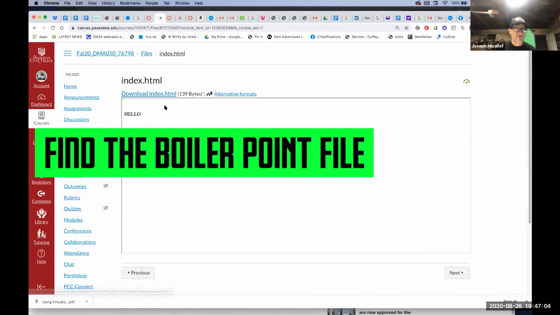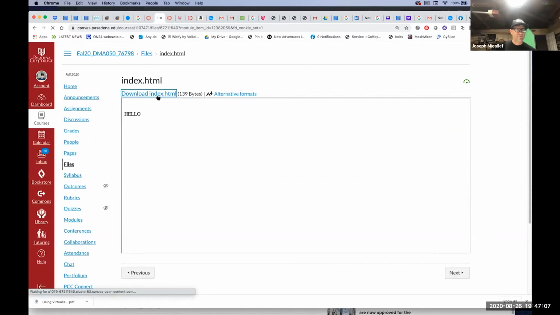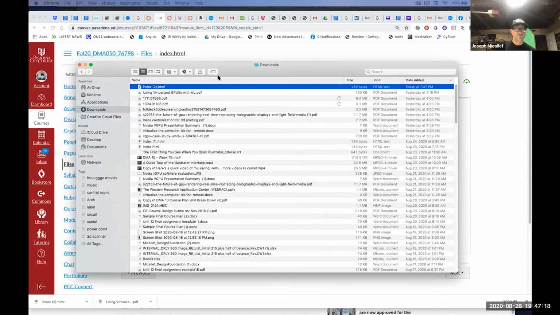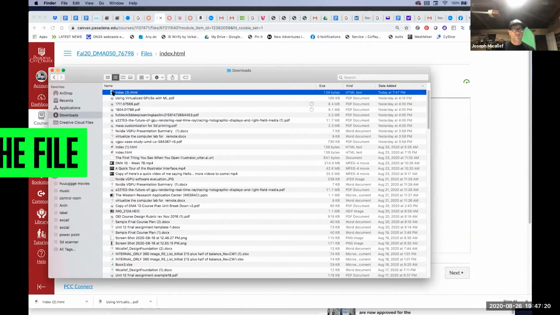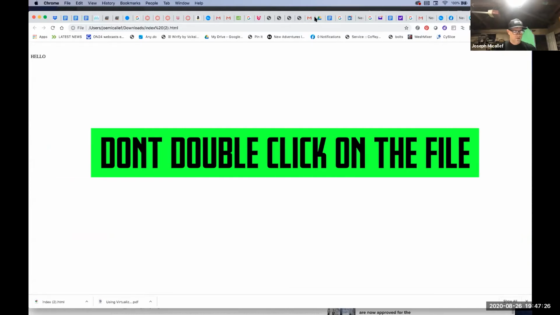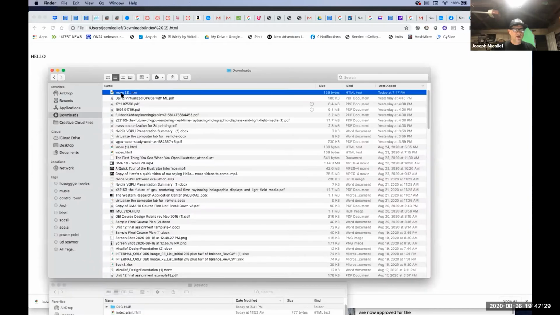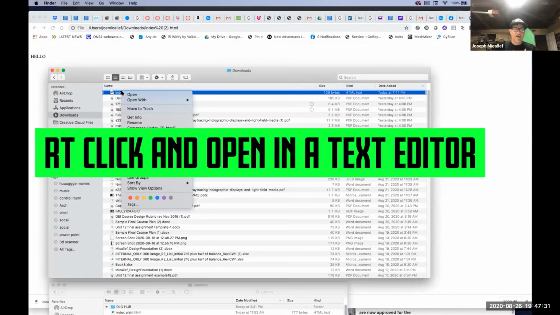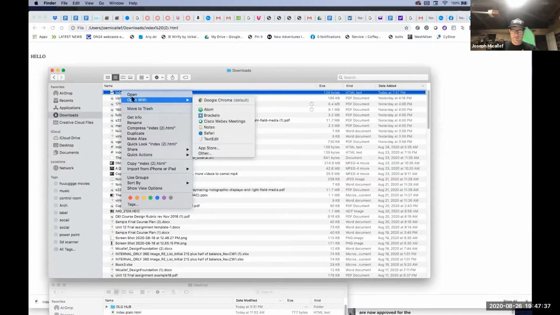And I know a lot of you have done this already, but then you just have to download it. So here it is downloaded. And then I will go into my downloads folder right here. So if you double click on it, it's going to open up into the web page. So you just don't want to double click on it. What you want to do is right click, and I'm on a Mac. So on a Mac, I have open with. On a PC, I think it's somewhat the same. There's going to be an open with, but I think